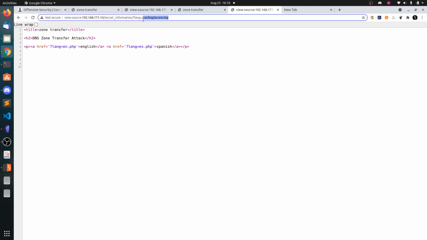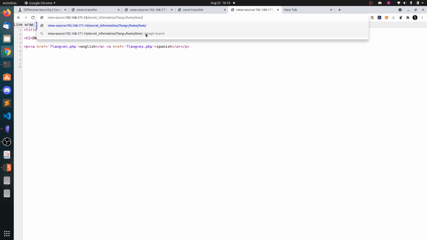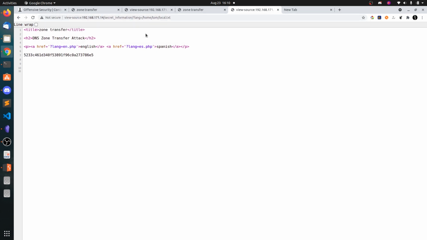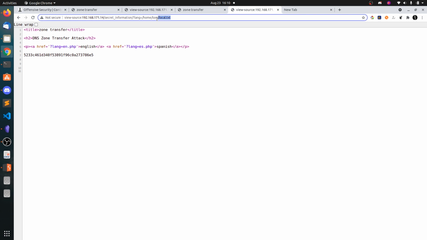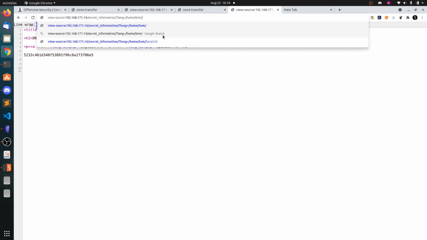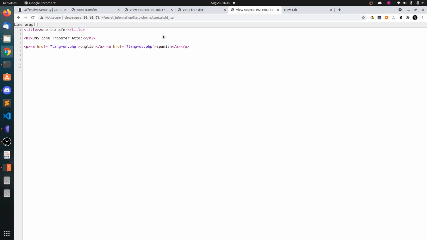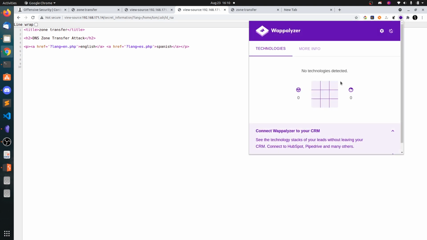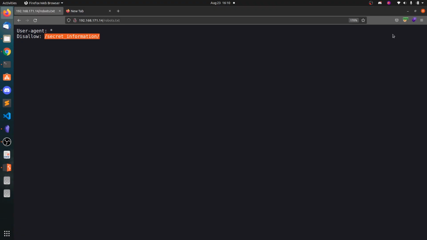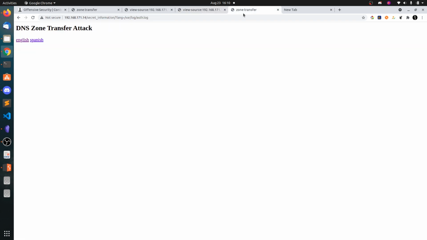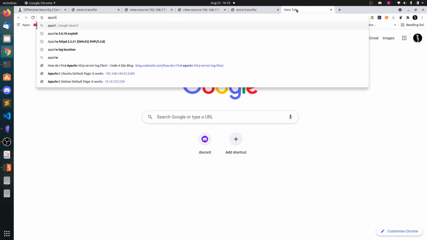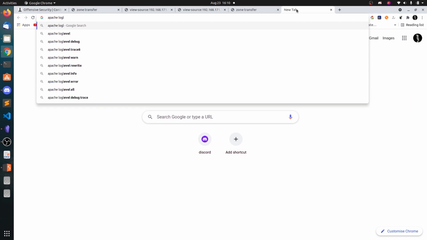Okay, let's cat home Tom local.txt, and we got the file. Let's check for a private key. Okay, let's see. Let's go for the Apache log location.